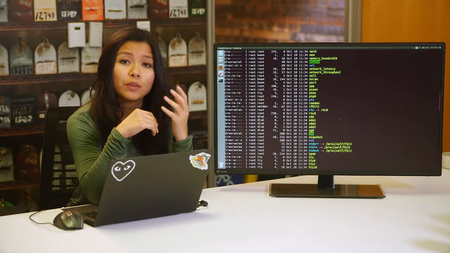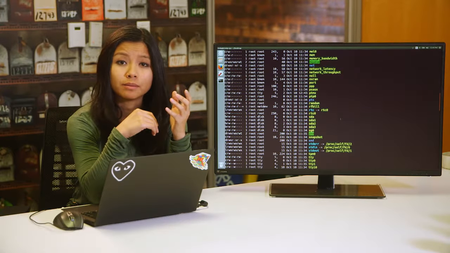Remember from an earlier lesson that the first bit you see in an ls -l command is the type of file? So far, we've seen a dash, which stands for a regular file, and a d, which stands for a directory. But in this output, we can see we have a few other file types. Some of them have b for block device and c for character device. If you'd like to learn more about the other device types, you can check out the next supplemental reading.